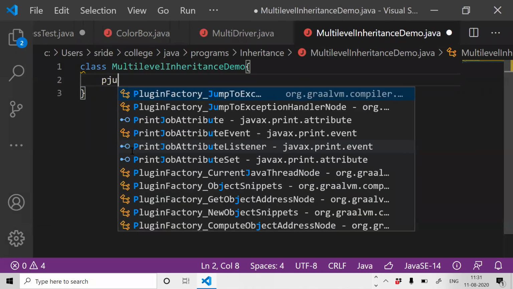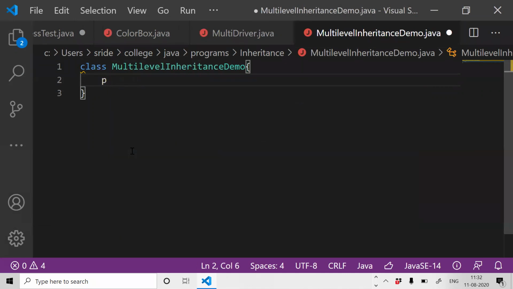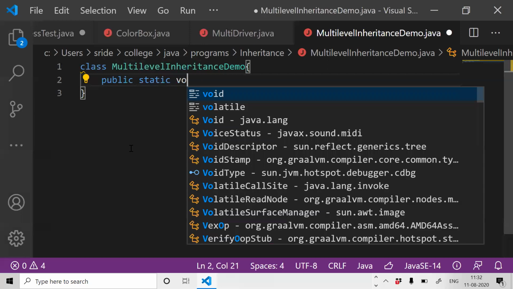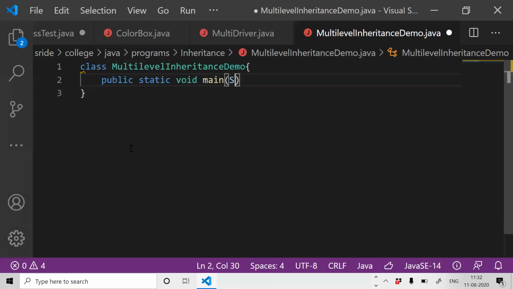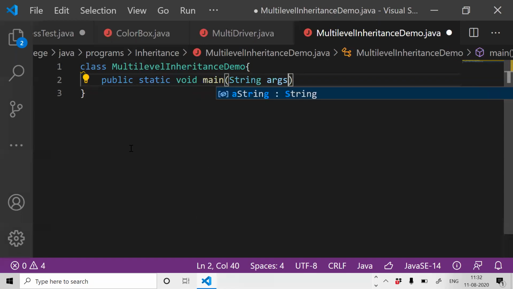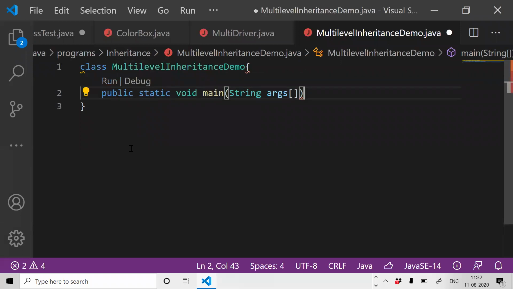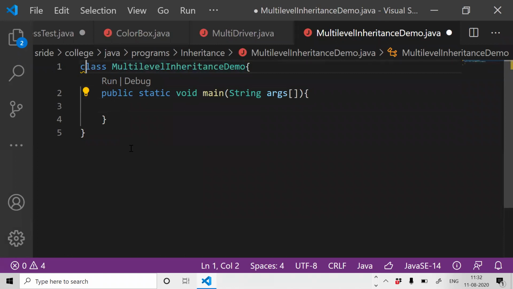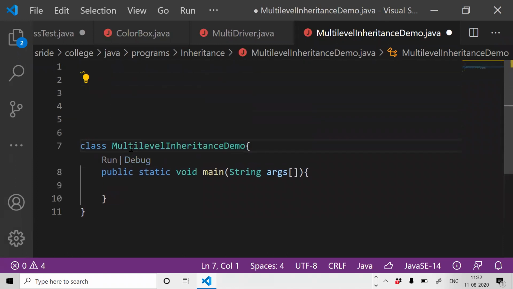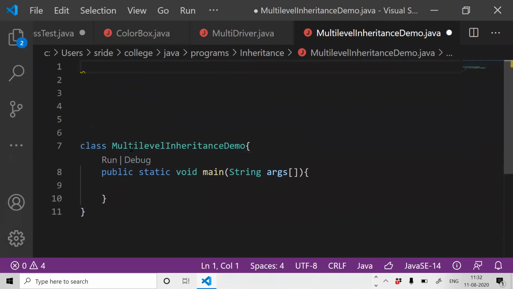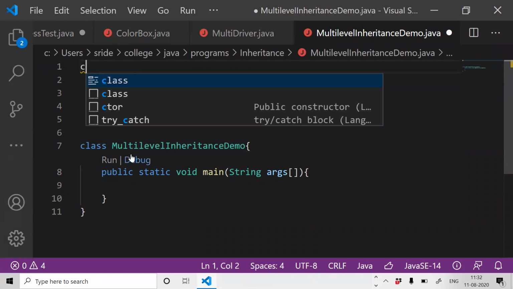That means I'm going to write main in this. Public static void main. We'll keep it like this. It's a driver class for us. Then we want to write some classes.